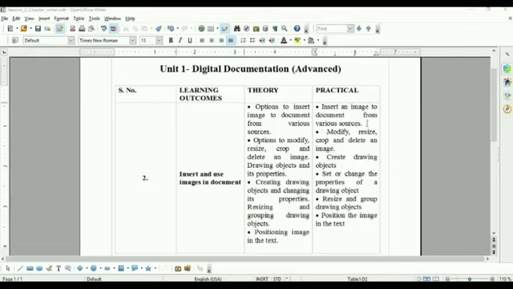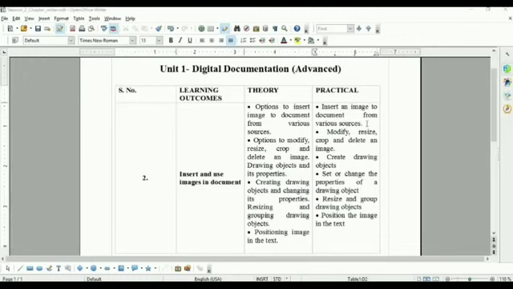various sources. Now the question arises, how many sources are available in this Writer software? We have many ways, like from a file, from a scanned document, or from the gallery. Basically, there are 3 ways to insert an image into a document. Next is how we can modify, resize, crop and delete an image. We will discuss that afterwards.